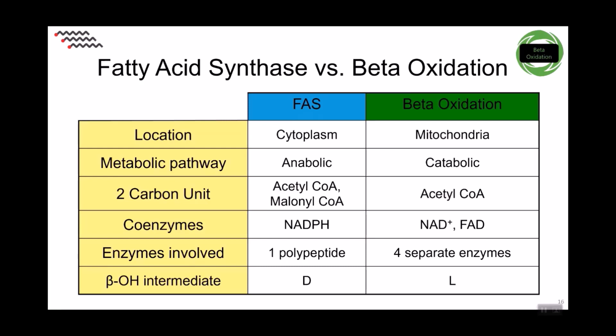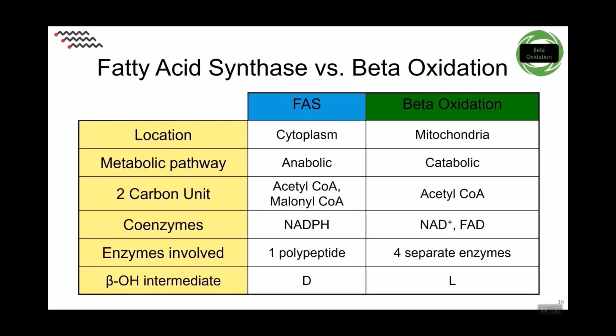The synthesis is going to require a single acetyl-CoA as a substrate and then multiple malonyl-CoAs that are going to provide 2 carbons in the chain for each round, while each round of beta oxidation made an acetyl-CoA, with the very last round producing 1 extra acetyl-CoA. So the number of rounds for a certain chain length will be similar if you look at fatty acid synthesis versus beta oxidation. The enzymes, however, are quite different,